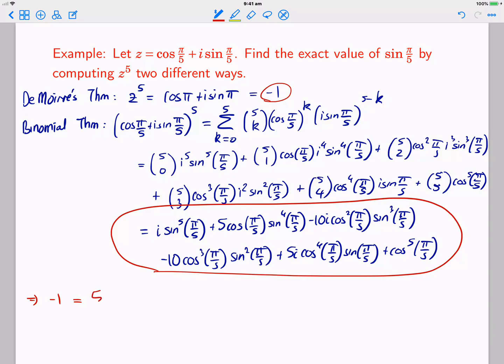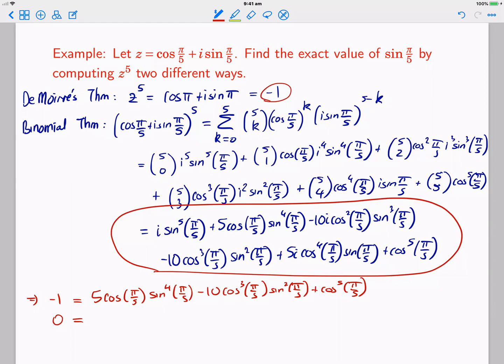So for example, the term 5 cos pi on 5 sine to the 4 pi on 5 doesn't have any i's in it. The term minus 10 cos cubed pi on 5 sine squared pi on 5 doesn't have any i's in it. And likewise cos 5 pi on 5. Now the imaginary part of negative 1 is just 0, and the imaginary part of that big expression,